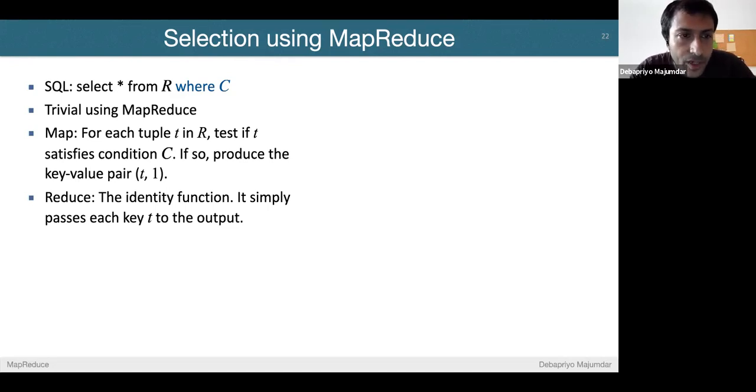Why do we have to output the tuple as the key and not the value? Because there may be too many such tuples. The tuples were distributed in the file system HDFS to start with, and even after selection there may be too many of them. If you choose some different key, then there will be a shuffle. You don't need that. You just need to filter. Selection is more like a filter here.